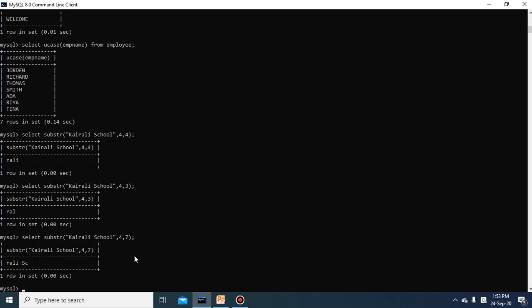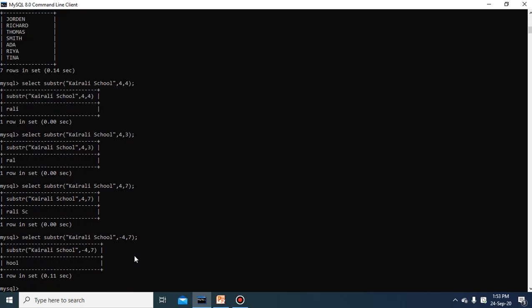Okay. Now we will see the second type of argument of the same SUBSTR, and this time if I make the position -4, then what will it return? Why does it return the whole string if the second argument I have given is -4?